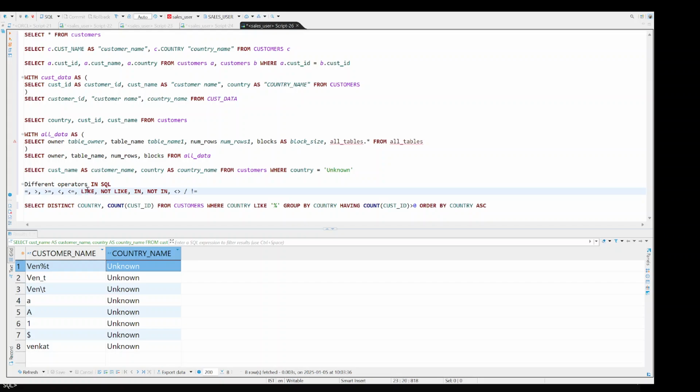Then we have the like operator, the not like operator, the in operator, and the not in operator. So let's say that you want to find out, as I mentioned earlier, where the country name starts with U. Then we have to use the like operator. And if you don't want any country whose name starts with U, and want to see all the customers belonging to other countries, then we can specify not like, right? For such kinds of data retrievals, we can use these